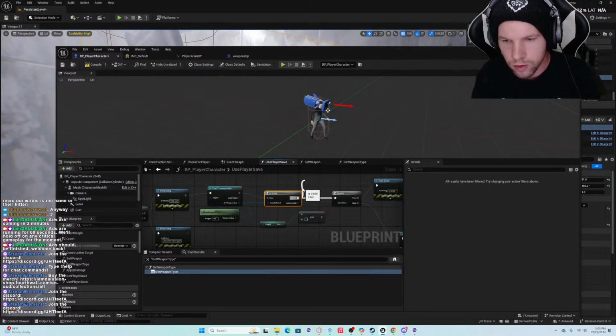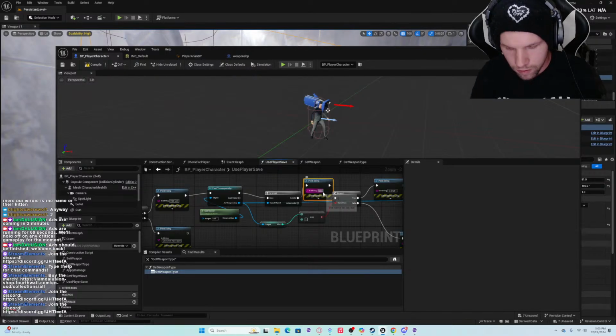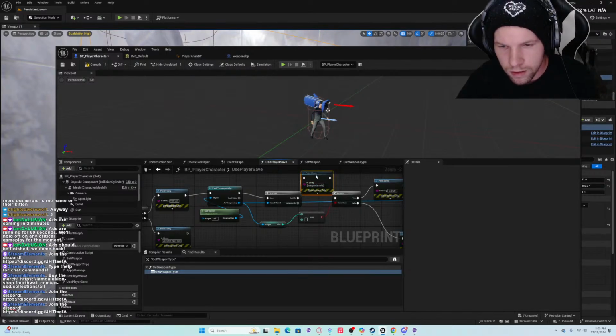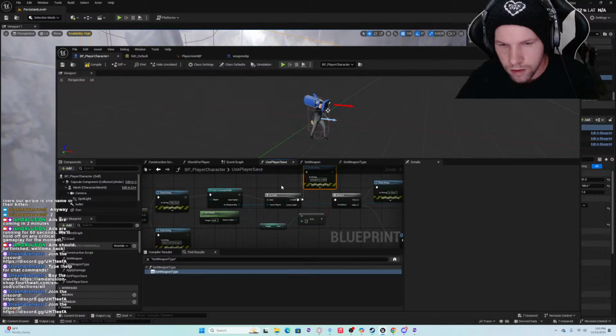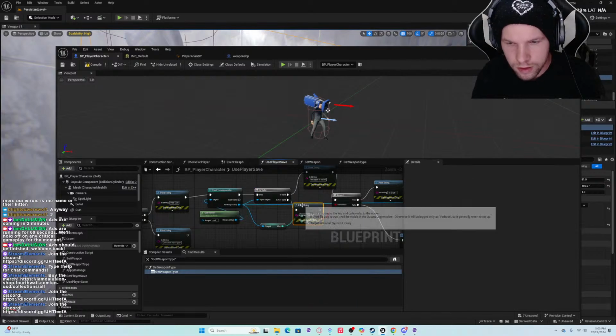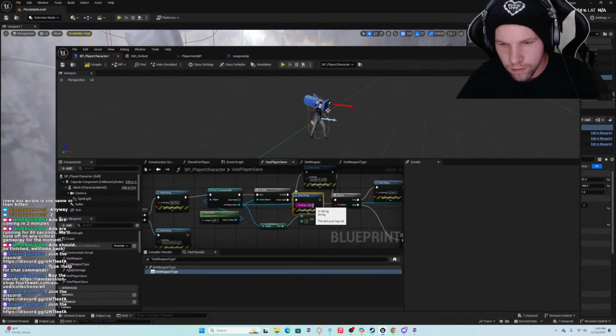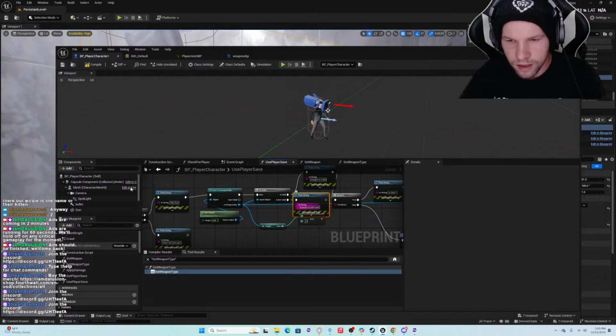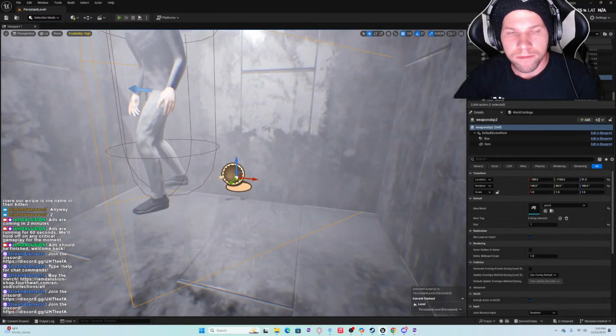Print string: weapon is valid. Oops. Print string: weapon is not valid. Let's do that. Okay.